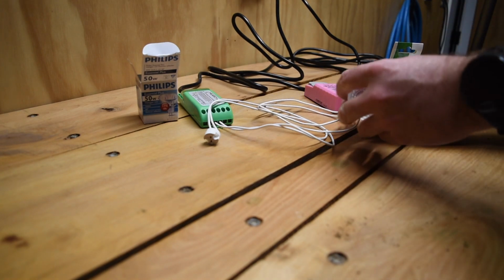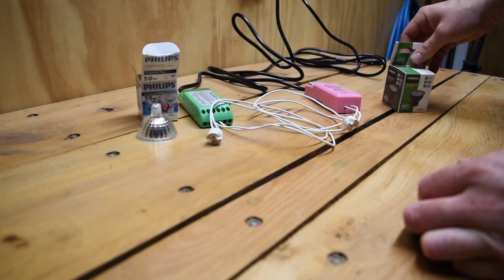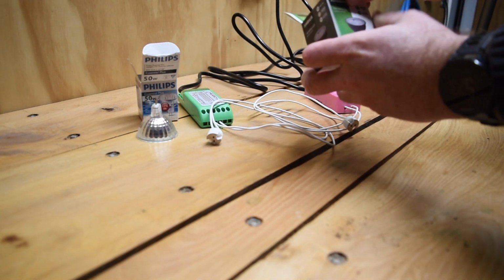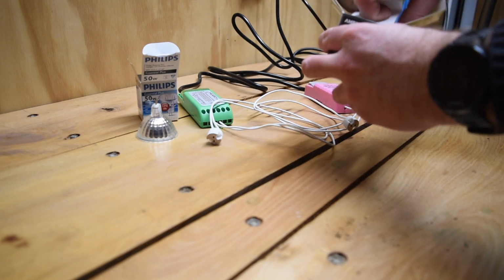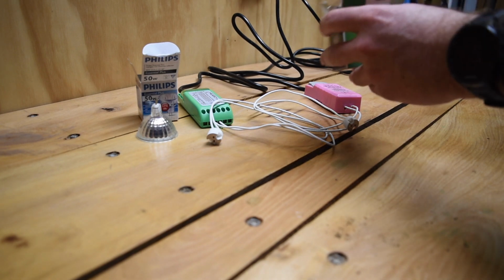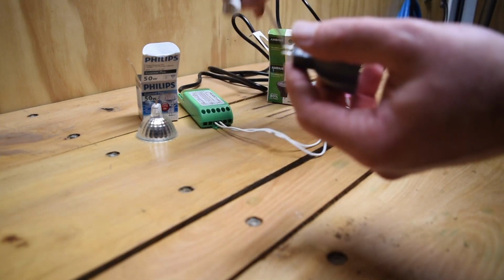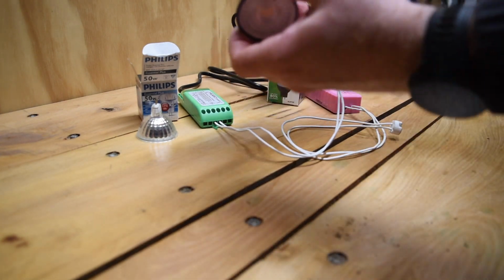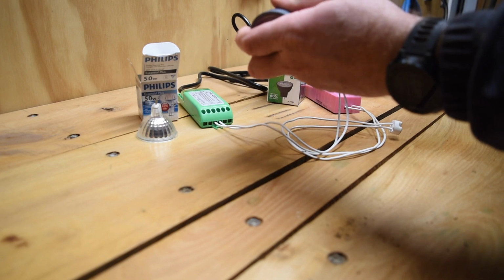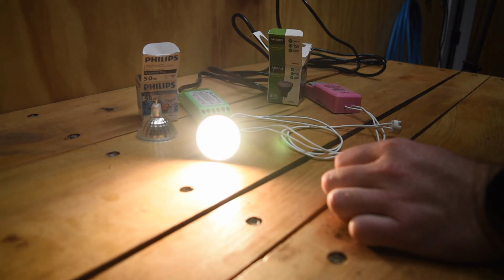So what we'll do now is we'll whip that out and we'll grab our LED lamp out of the box, which is 7 watts I believe, and we'll chuck that in our two transformers and see if we notice any difference. So we'll start with the old one with the minimum of 20 watts. So we may expect to see a bit of flickering potentially here, just a little bit of pulsing or something along those lines. So it does run it,